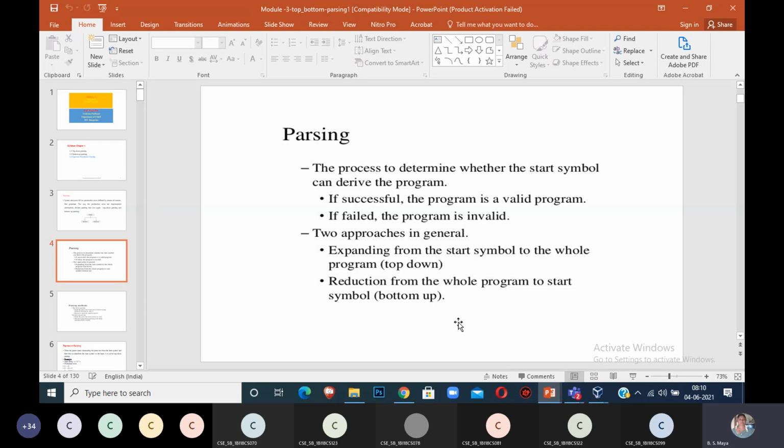When you reach the start symbol, you can say the input is accepted by the grammar. This is called bottom-up parsing. We learn a lot of programs in both: how it goes from start to leaf, and how from leaf to start. These two different techniques we will learn in the coming classes.